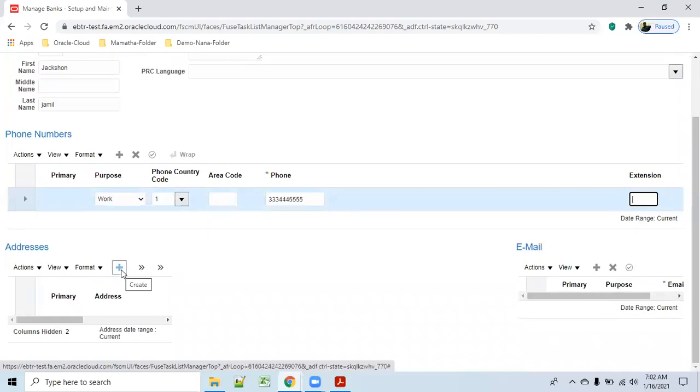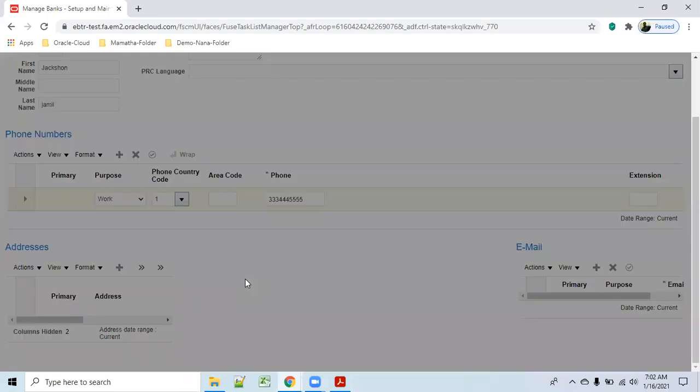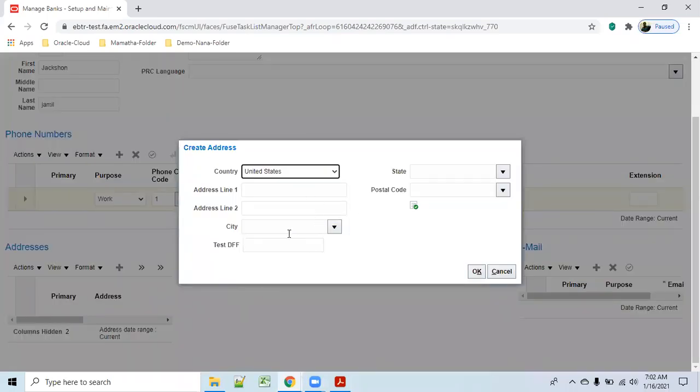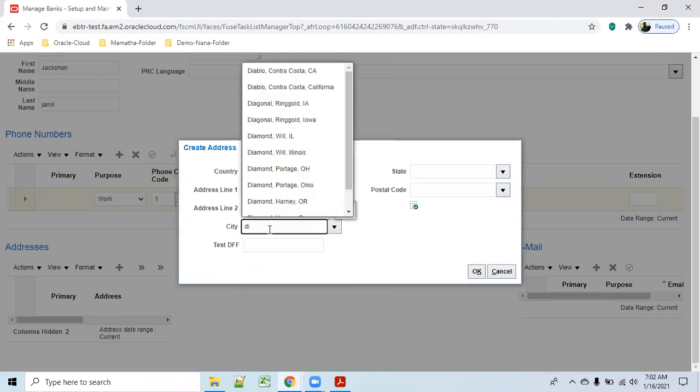Address of whom? Contact person address. Manager address, something. So here also dollars or dollars? Dollars.